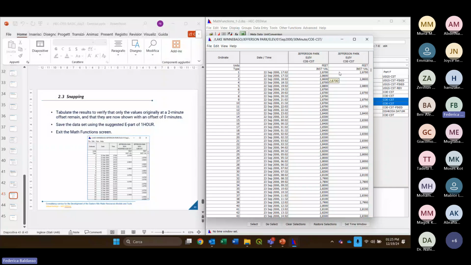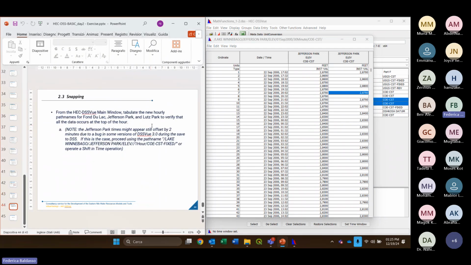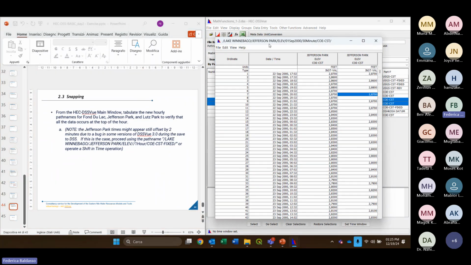As you can see, we have a value every hour, but they are still reported at the wrong time. This is due to a bug in some of the versions of DSS free. I don't know which version you have. Maybe in yours the operation has been done correctly,